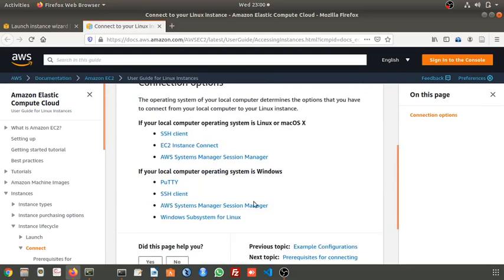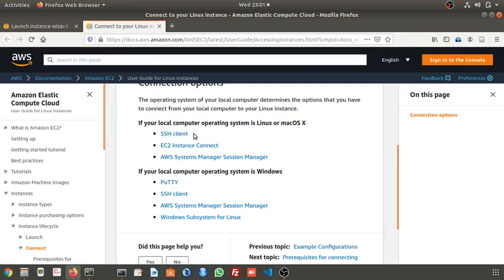See, there are this many ways by which you can connect to it. If your local computer operating system is Linux or Mac OS, you can connect through this. If your local computer operating system is Windows, either you can use PuTTY or you can use an SSH client. We have installed the Ubuntu operating system. That Ubuntu machine you can connect to from your local computer, whether you have Windows, Linux or Mac OS. In case of Windows, PuTTY is preferable. In case of Linux or Mac OS, you should have SSH.